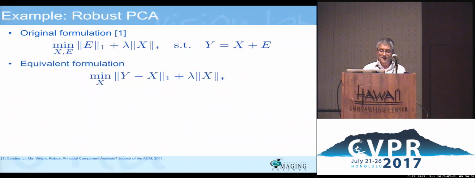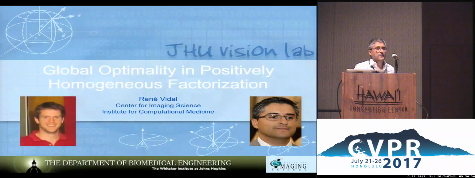Okay, so let me now move on to how this extends to deep networks. I hope I've convinced you so far that matrix factorization is a special case of deep learning with no nonlinearities and just one hidden layer, and that for matrix factorization you can guarantee global optimality. And how did I convince you of that? I said, well, the problem is non-convex, but there is a very strongly related problem that is convex, and the two are so related that you can use one to guarantee the global optimality of the other. That was the high-level message.